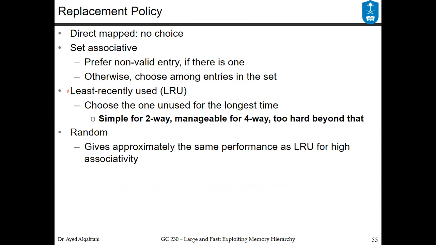For 2 ways, it's easy. 1 bit can't tell you this. If it is 4-way, then you need 2 bits to know exactly which one is the least recently used, and so on. Another way is to randomly pick one of the